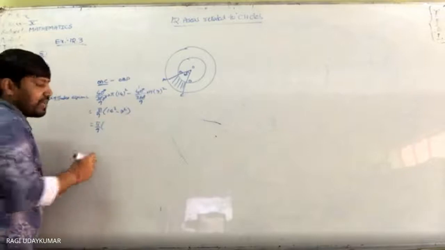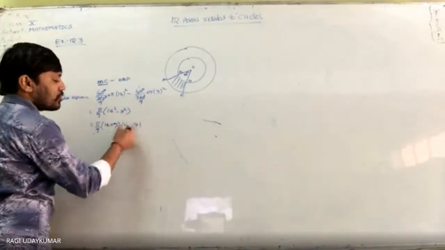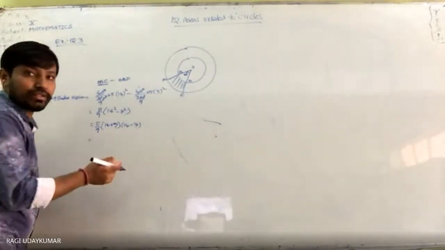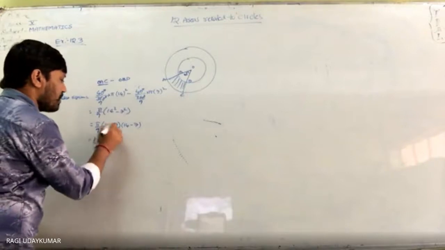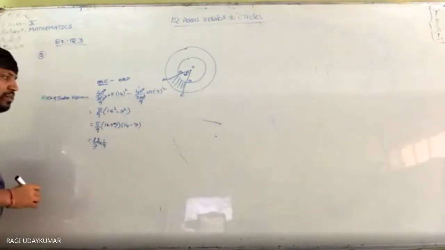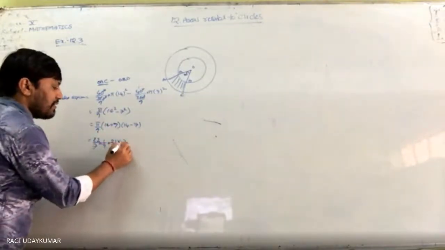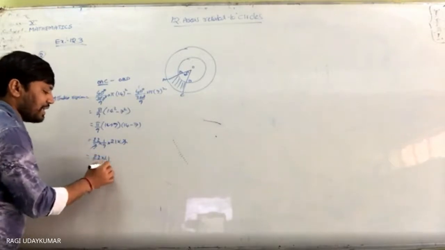इसको सिंप्लीफाई करना है तो 14 plus 7, 14 minus 7 है, थोड़ा इजी हो जाता है सिंप्लीफिकेशन पार्ट. So pi value here to be taken as 22 by 7. 22 by 7 into 1 by 9, 14 plus 7 is 21. So 21 into 7 आ जाएगा. ये 7 7 कैंसिल होगा. 22 into 21 by 9.